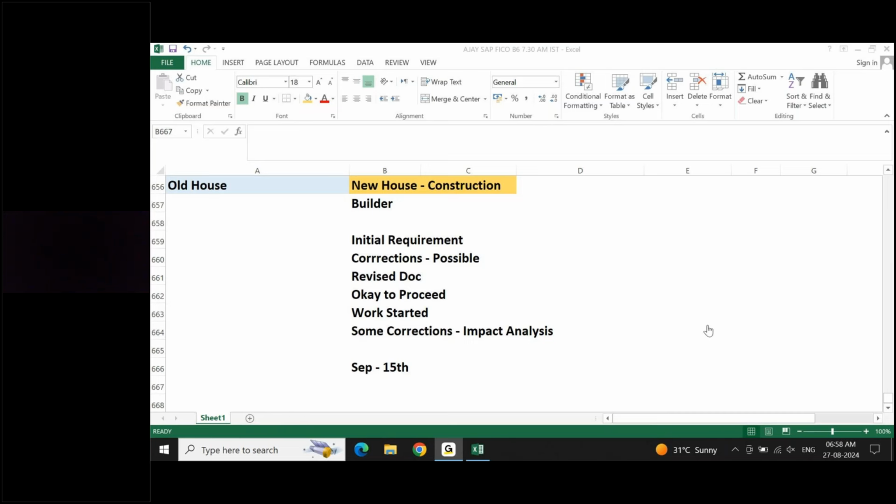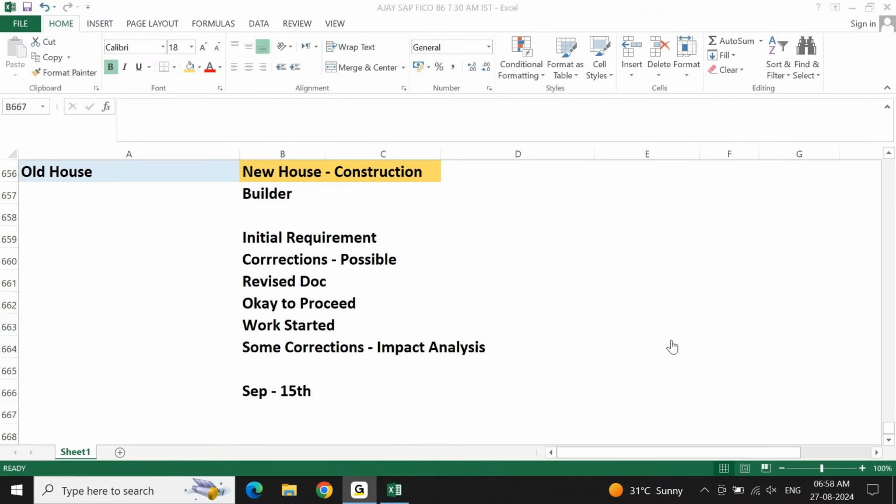Now you would have told so many people. Let's say somebody is staying abroad, somebody is staying in some other city, somebody is staying in some other locality, somebody has very urgent important work. Because you told them 15th September, they would have cancelled all their activities, and they are coming there. Now on the day, for unforeseen reasons, you say, sorry, due to different reasons I am not going to the house tomorrow. I will update you on the next date when we are going live. Please come again once again. Will it give you a positive impact or a negative impact? Negative impact.